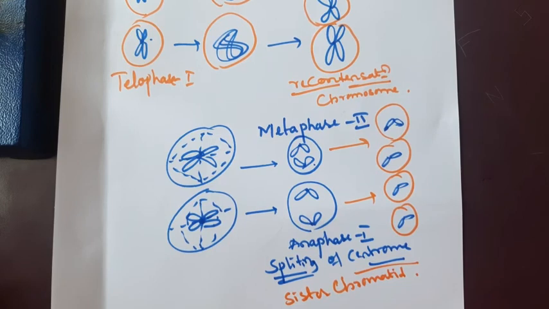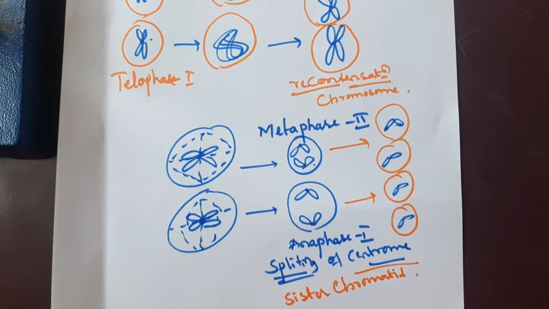telophase first. Okay, the difference between meiosis 1 and meiosis 2 is, in meiosis 1, in prophase 1 there is an exchange of genetic material by chiasma formation or genetic recombination. But in meiosis 2, the difference is the separation of sister chromatids. In meiosis 1, there is a separation of homologous chromosomes. Meiosis 1 forms 2 daughter cells. Meiosis 2 forms 4 haploid daughter cells. Okay, this is all about meiosis.